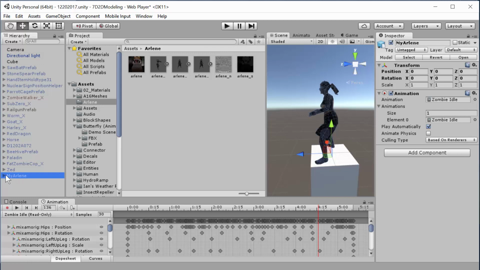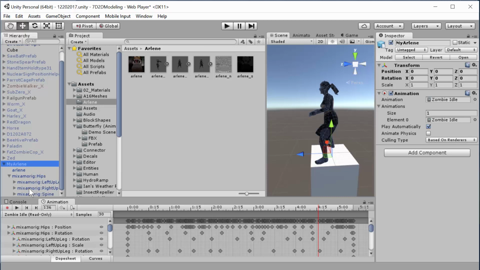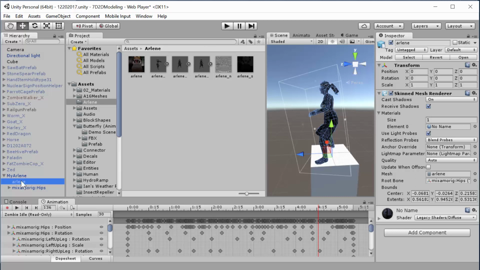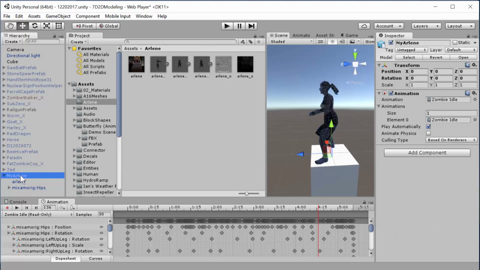There she is. Expand her properties. And as you can see, down here where it says hips, this is all the rigging that we've just imported here. Spine, all of that is in there. And this is the mesh that's in there. So, go to my Arlene. Let's go ahead and